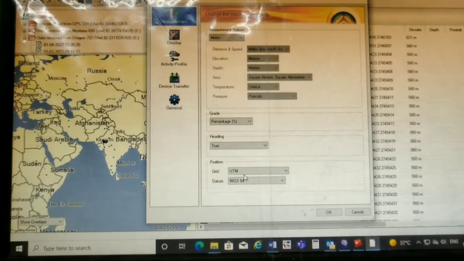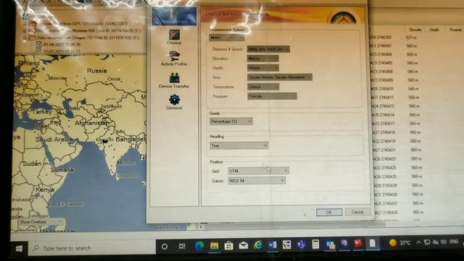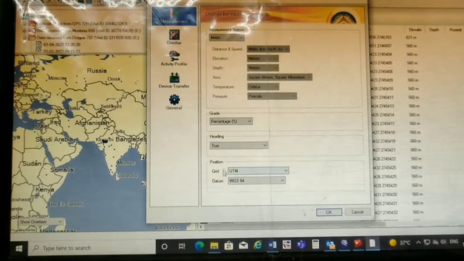Here the unit of position is UTM and the datum is WGS 84. It is mandatory to select WGS 84. In some parts of the world there is a different datum, but mostly all over the world we are using the WGS 84 datum, and the unit should be UTM for converting it to DXF.